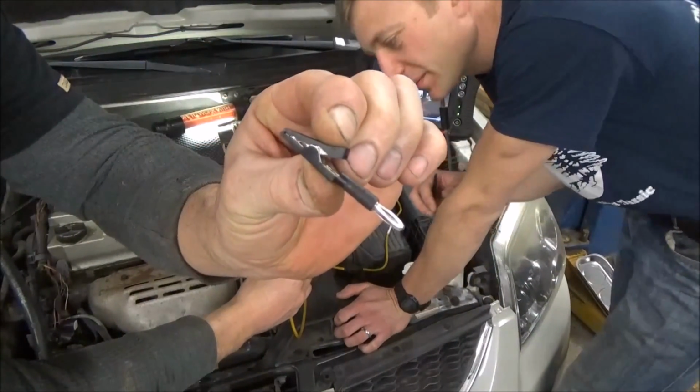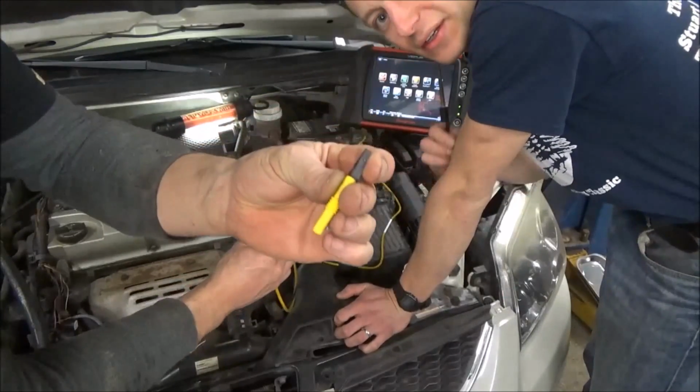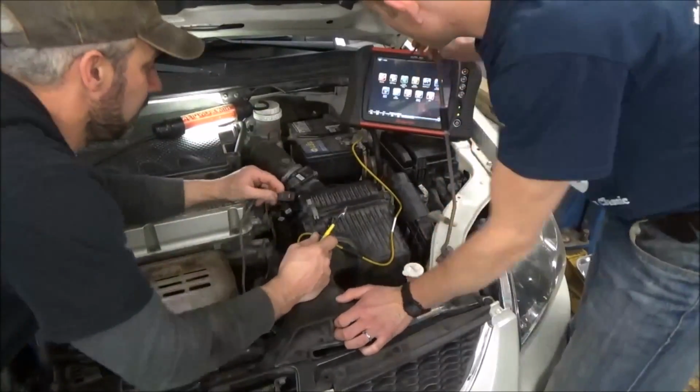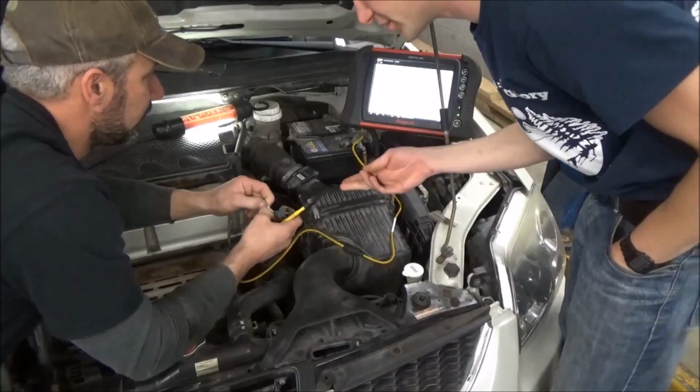I got those from aeswave.com, and all the little adapters. Little female to female adapter. They make nice leads. You can get custom leads and stuff. But anyways, let's go to our scope multimeter, and first we're going to do the ohm check on the